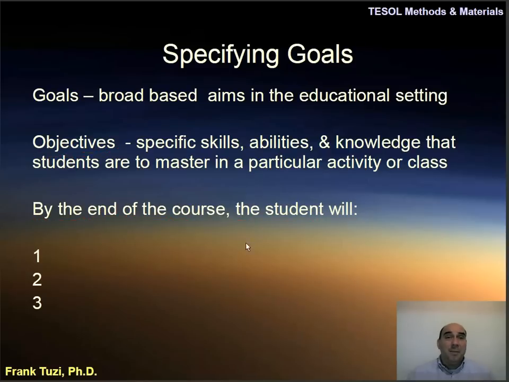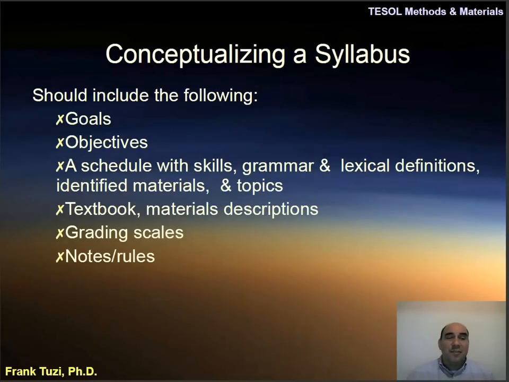And these things, in my opinion, should be as specific as is possible. Any goal, any objective that you have should be measurable. There should be some way to measure whether that student has indeed accomplished that particular goal. And so you should list those when you're doing that. So when you're creating a syllabi or a curriculum, which would be more broad, you want to make sure that you have specific goals. As I mentioned earlier when we were talking about a scope and sequence, that scope and sequence is essentially the curriculum in one page, a curriculum in one big graph. And so you want to be able to have that ready to go for your students and for any potential